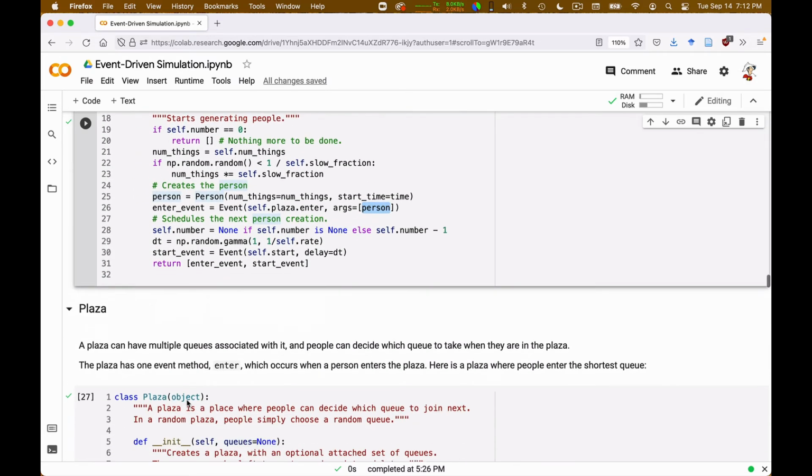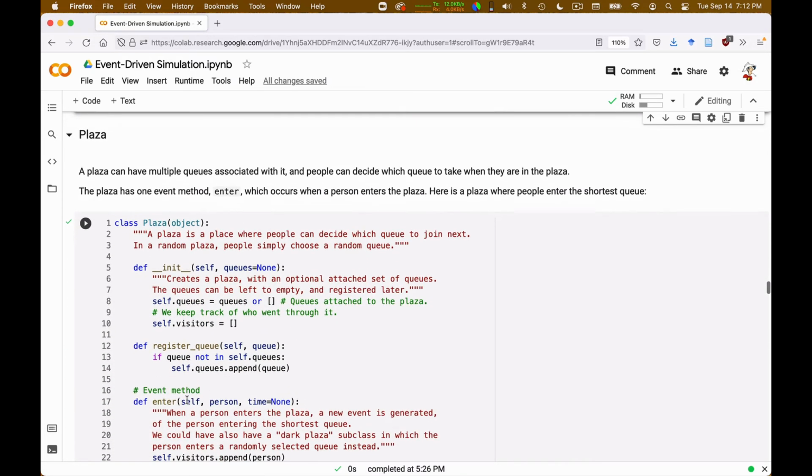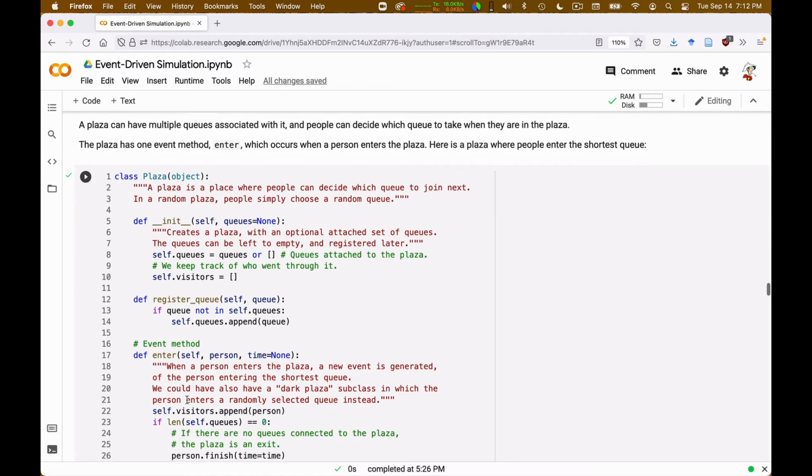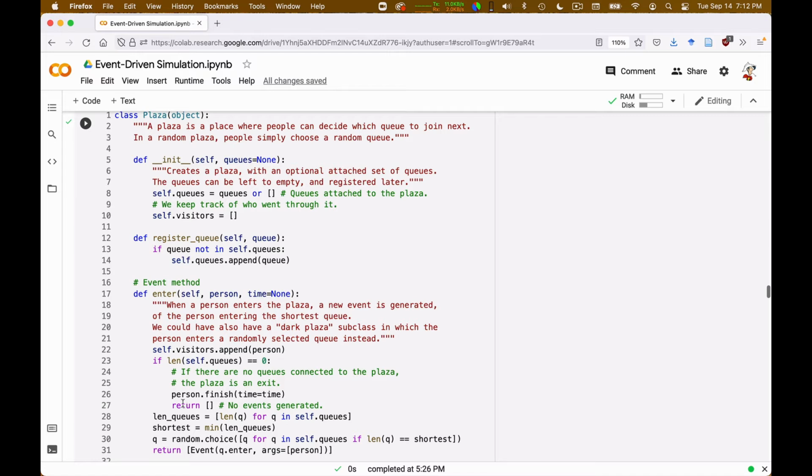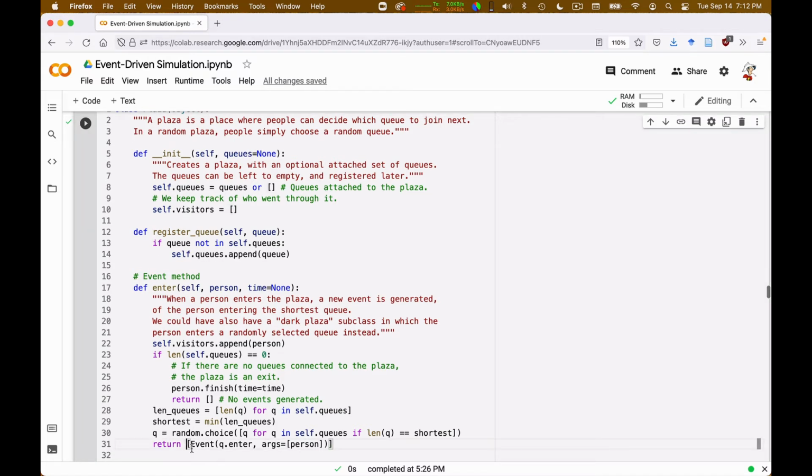Now, what does a plaza do? Well, the plaza simply generates an enter event for a queue. So you see, it returns only one event, which is queue.enter with the person as argument. And all this code here, all this yada yada, is just to say how a person chooses the queue.